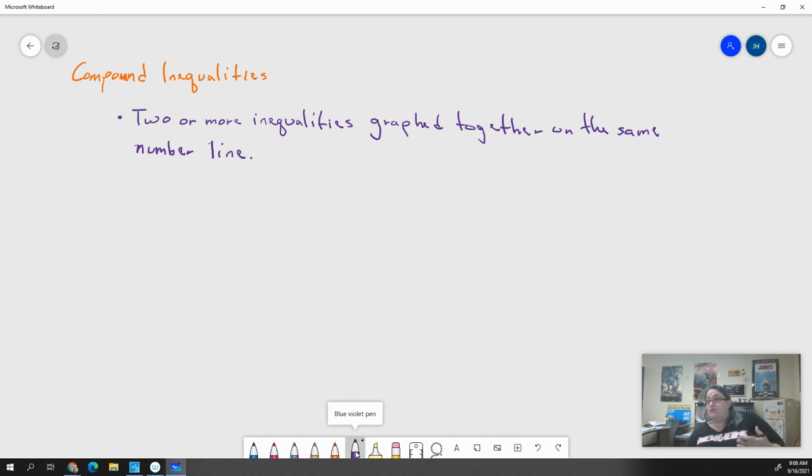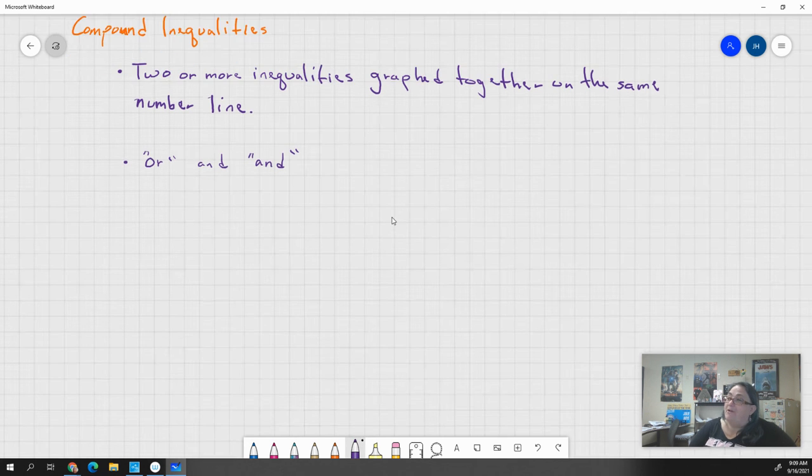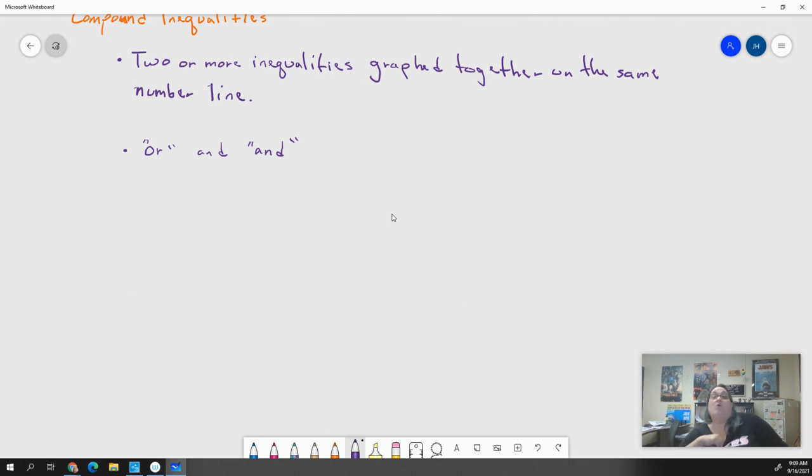So there's 2 types. When we're talking about compound inequalities, you have 2 types. You have an or type and you have an and type. Those are our 2 types of compound inequalities. You can always tell which type they are by looking at the graph. Or, well, or inequalities always say the word or. So you pretty much know what you're dealing with, an or inequality, because